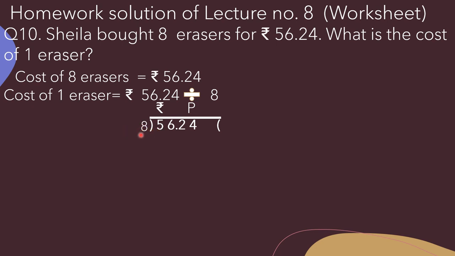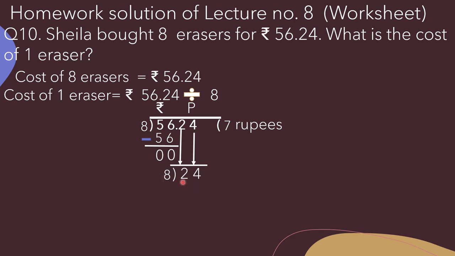Now 5 is the smaller number than 8, so we will take these two digits, 5, 6, 56. Okay, so now we have to divide 56 by 8 and we get 7 as quotient, and here we will write 56 below 56. Now we have to subtract. So 56 minus 56, that is equal to 0. Now we will bring down paise columns. Okay, here 7 rupees we got.